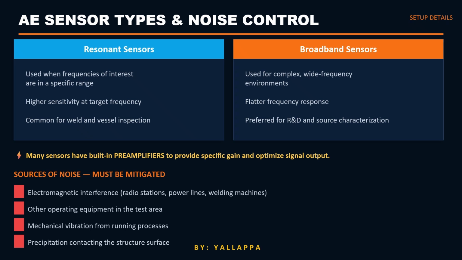Now let's talk about one of the biggest real-world problems in AE: noise. In actual refinery or plant environments, noise is everywhere. Things like welding machines, power lines,